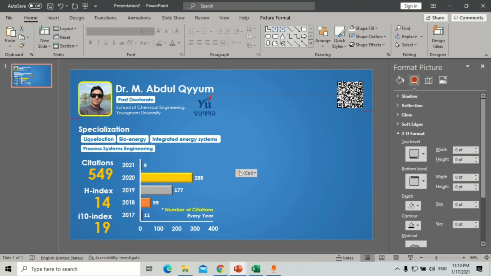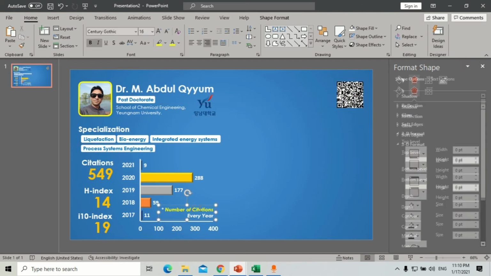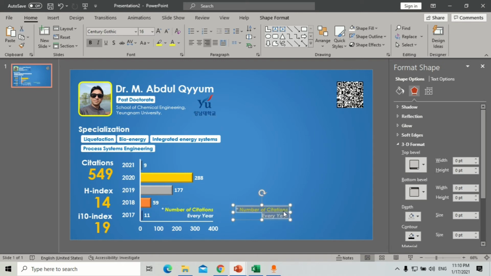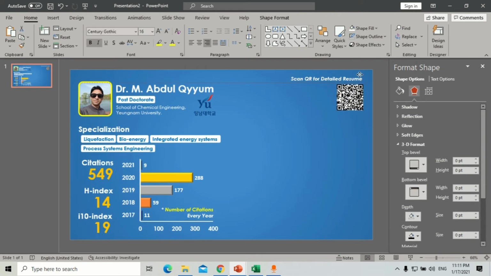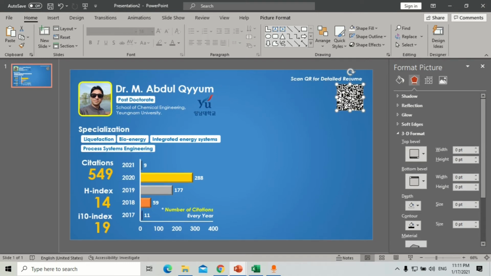So this is really, I think, a new technique or a new idea that you can use in your research slides, so that they can be more attractive and more presentable. No one is using this kind of thing, because now the technology is fast and you have good internet speeds. So whoever wants to know more about you can simply scan the QR code. It can lead them to your Google Scholar site,